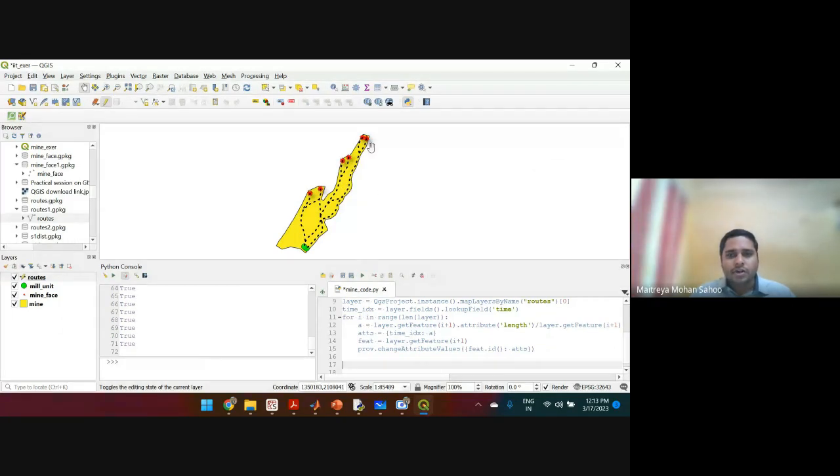So here is the shortest route we have found, both in terms of the distance as well as the time. In terms of time, it is represented as the fastest route. So now we want to optimize the route for each of the mining sites for each of the meal units, in terms of the shortest distance route as well as for the fastest route. So, for optimizing for meal M1,